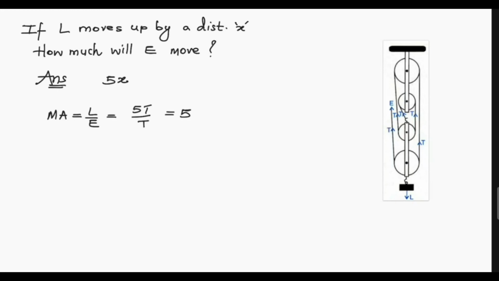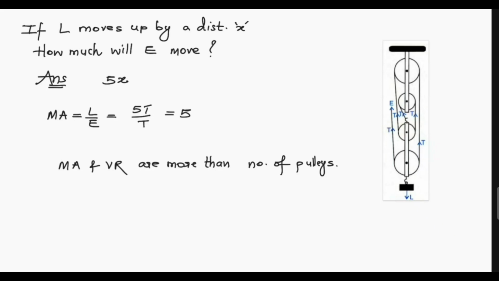So this is extra information I'm telling you. In this case, MA and VR are more than N, that is the number of pulleys. Number of pulleys is 4, so it should be 4, the answer should be 4. But in this case, MA is 5, VR is 5. Why? The reason is because you are pulling it upward, so that strand is being added when you pull it upward.